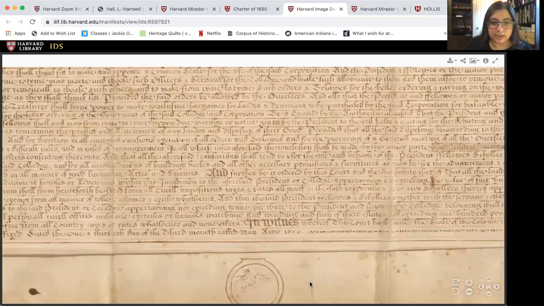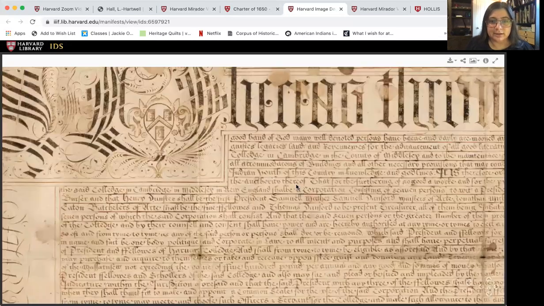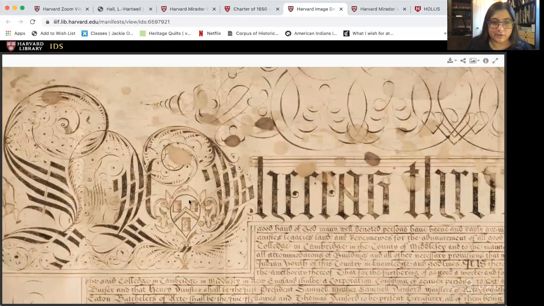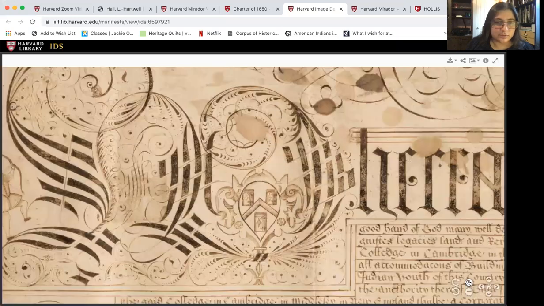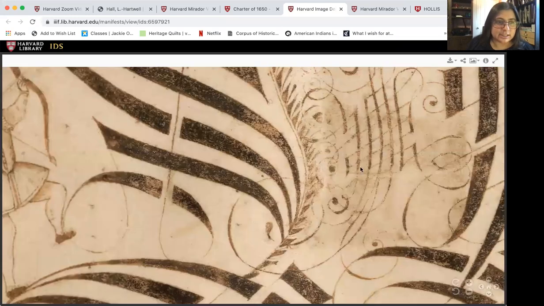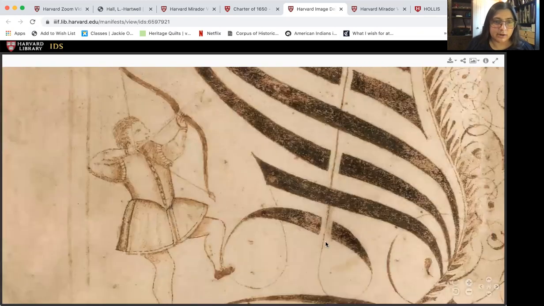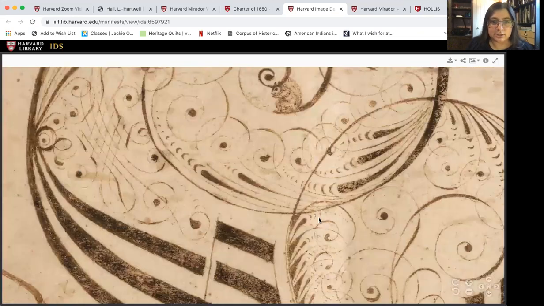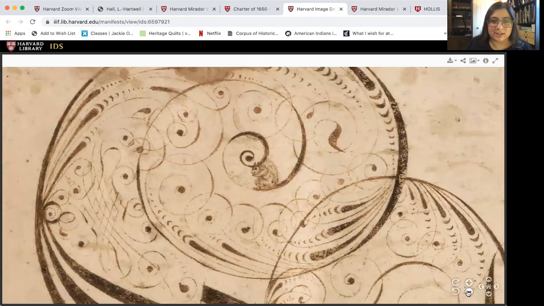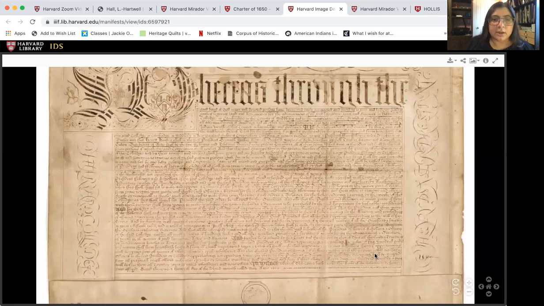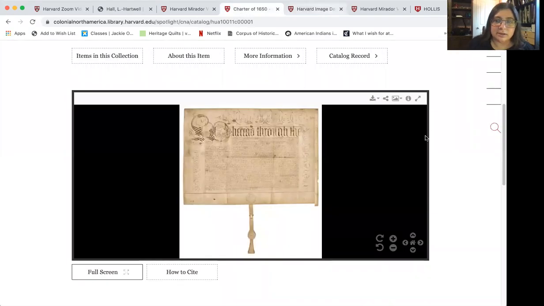This is the official document. There's a place for the governor's seal. You can read it at your leisure. You can see the Harvard 3 books here. And if you go over here and you scroll and you zoom in here, you can see there's a little scene in the charter. There's this guy with his dog and his bow and arrow, and he's shooting at this little squirrel that's hidden here in the scroll of this calligraphy. So there's lots of different things you can see in the Colonial North America